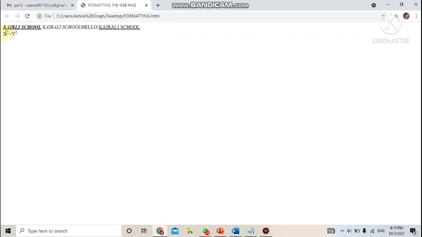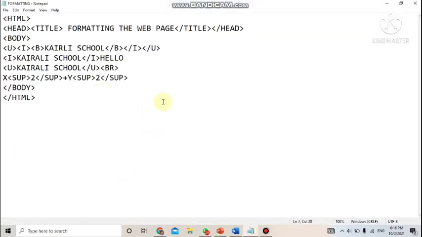Next is if this type of character we need at the base, like in the water formula, I want to write H2O. So 2 is at the base. In that case that is known as subscript, and subscripts are always written with the help of the sub tag, and again it is a container tag. How? Here for going to the next line we will use the br tag, and there suppose I want to write H2O.